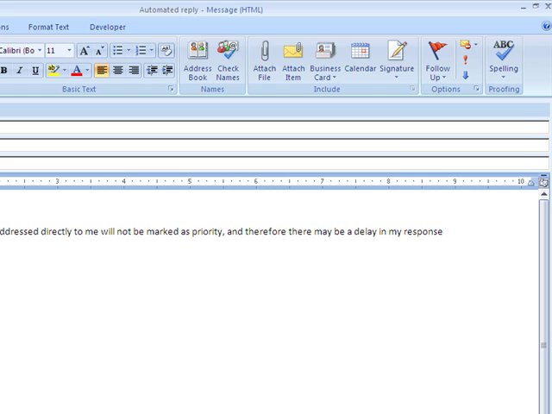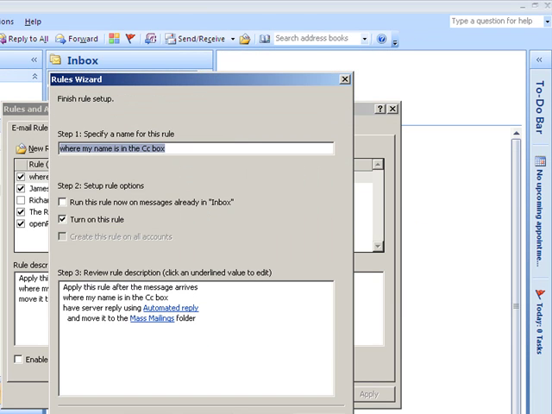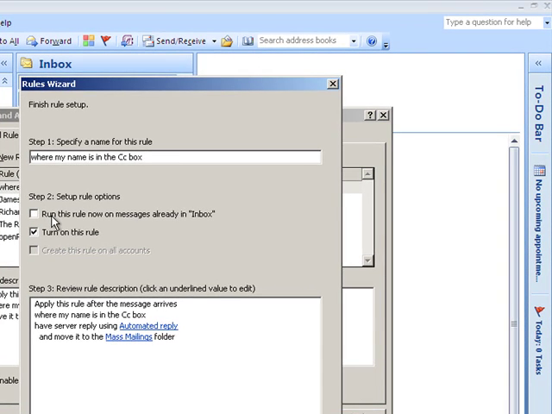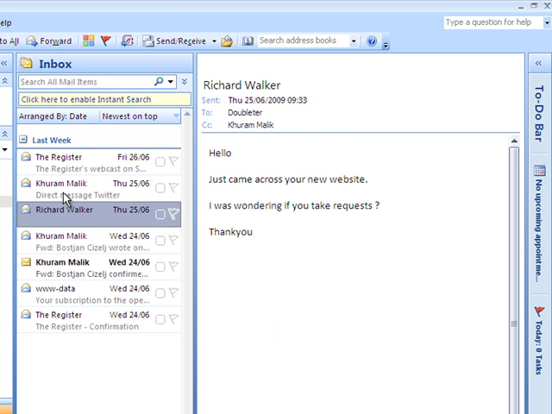So click Save and Close here, and then click Next, and then Next again, and say run this rule. If you need to run that, if you've already got emails that have come in for today, tick on that, and then click Finish. Now, once you do that, what will happen is you'll see an email that I've sent through already, which is a test response.